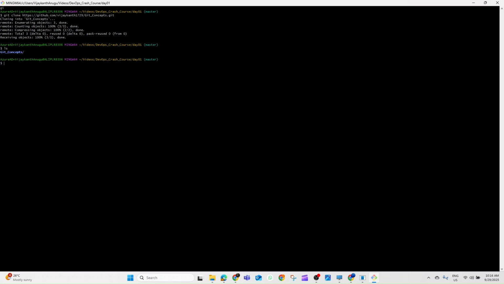Okay. So what it does is it clones the contents which exist on the GitHub, and then you can see that the Git concepts folder will be downloaded here. Now you can see Git concepts, right? So you go into the Git concepts folder and then do some kind of stuff if you wanted, like